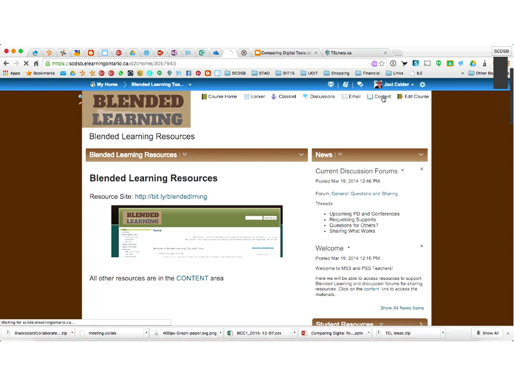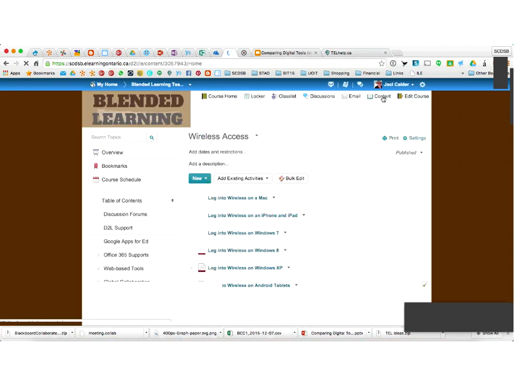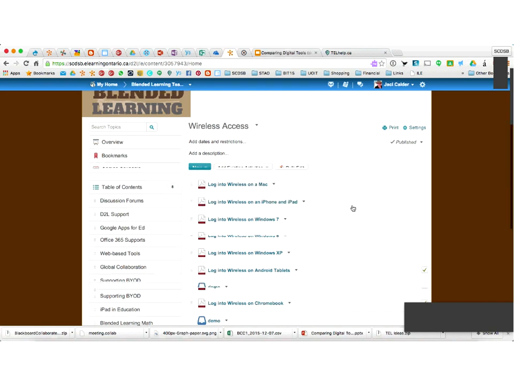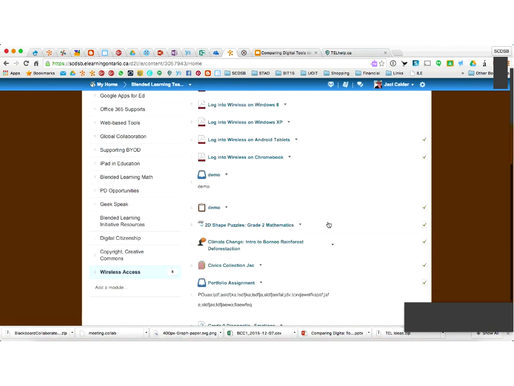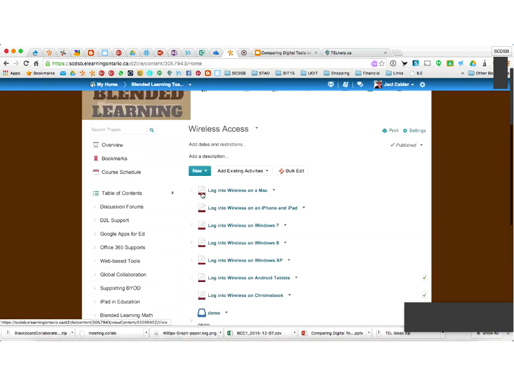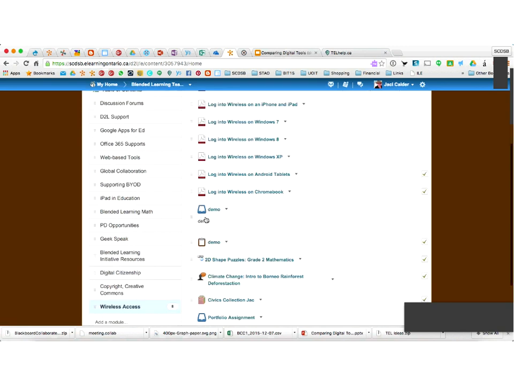I'm going to go in and look at the content piece now. So this is like the binder. And you'll see that down the left-hand side, you'll see different folders or different headings. And we're just in this kind of sandbox down here. And basically, this is a PDF. This right here is a Dropbox. So if I click on that,